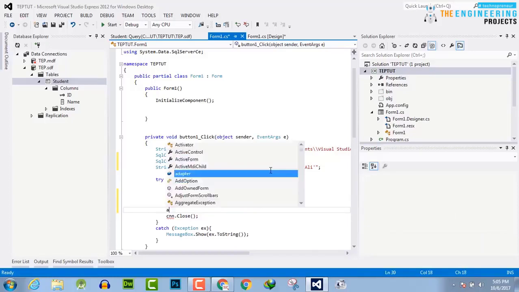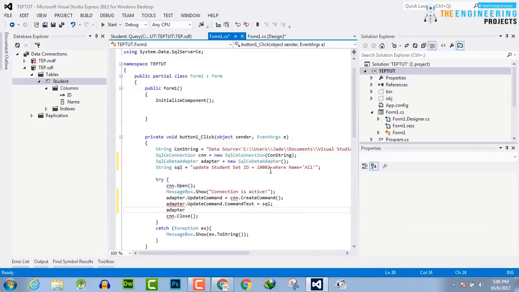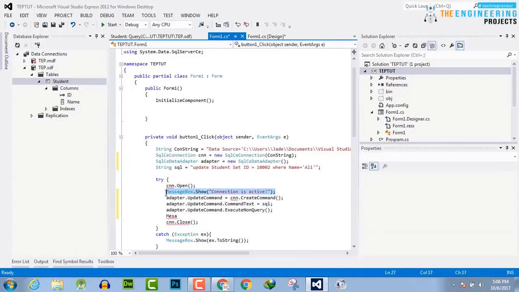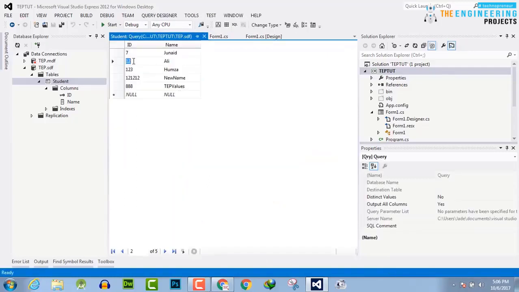Then we will say adapter dot update command dot execute non-query, and here we will use a message box to show a prompt that command is updated. Update. Now this ID is changed after execution into 10,002. Let's execute